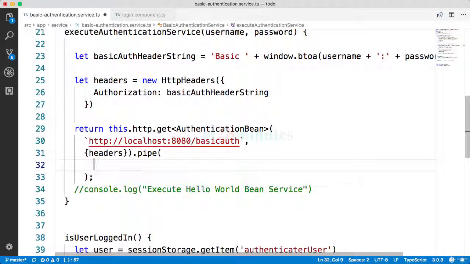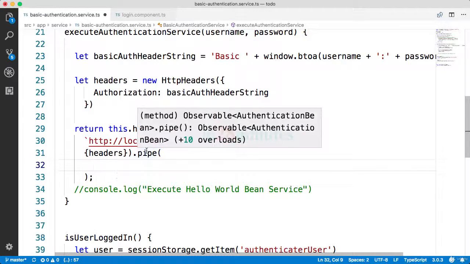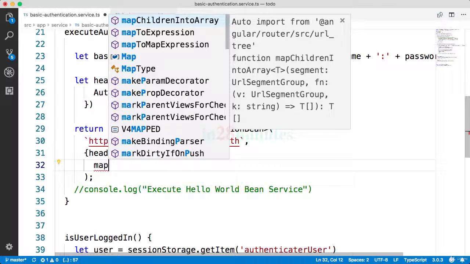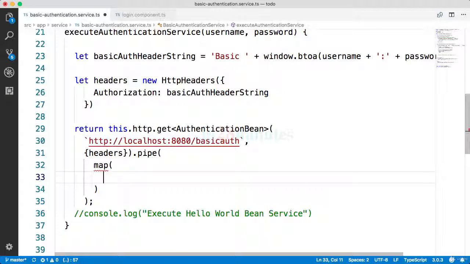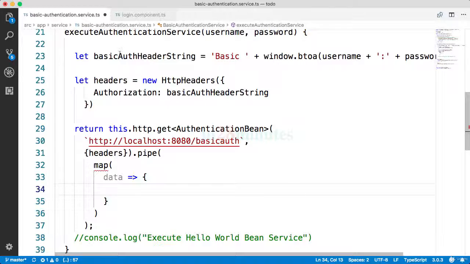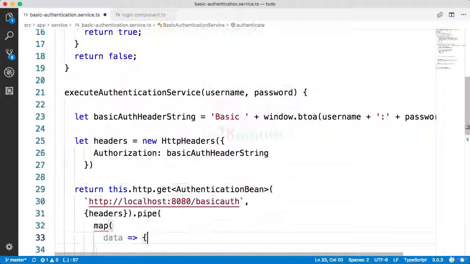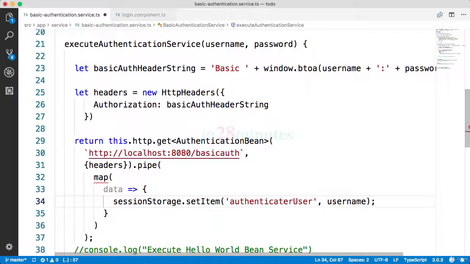What we are adding in is more declaration. We are saying if this thing is successful, then do this thing as well. In the pipe, we can define if there is a proper response coming back, then map it. When we get the data back successfully, what do we want to do? We want to set something into the session storage, this specific thing. So session storage dot set item authenticated user